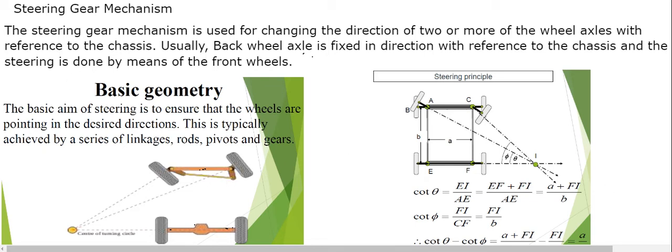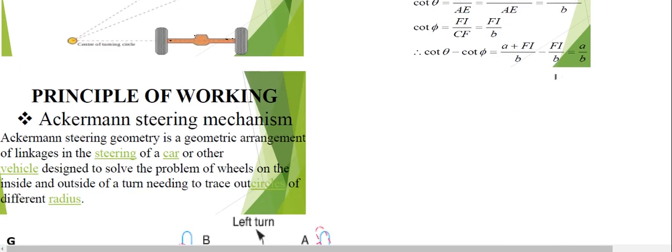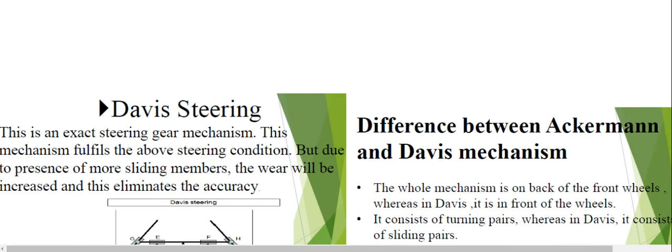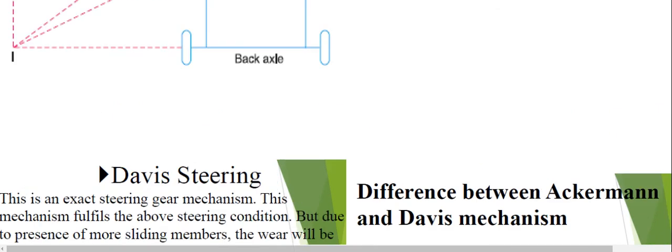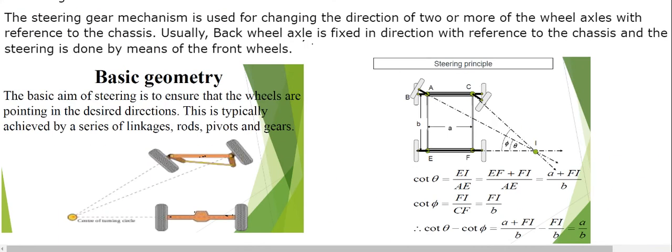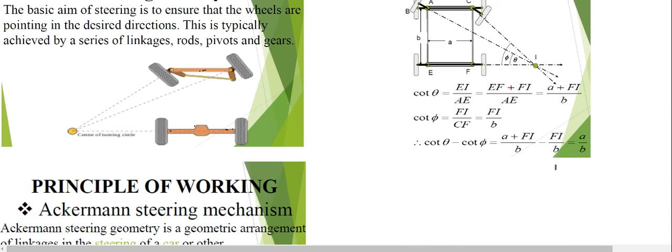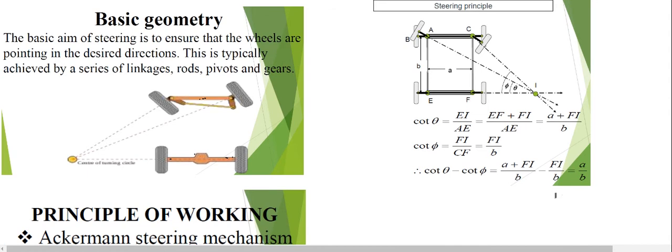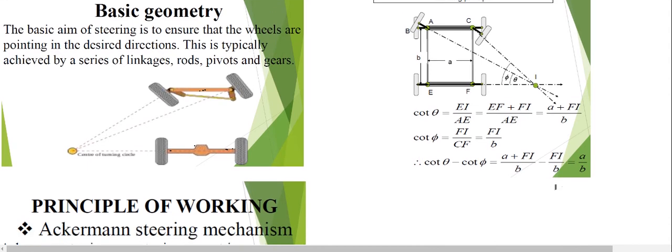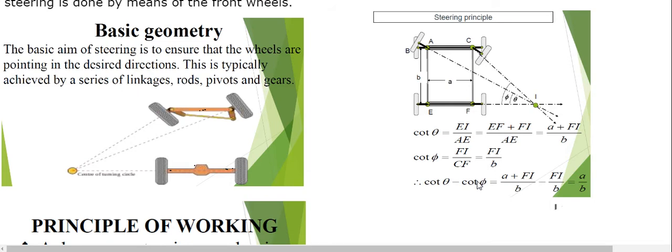So there are two types of steering mechanism, popularly called one is Ackermann steering and the other one is Davis steering. We will go into detail on Ackermann because that is the only one mentioned in your syllabus, whereas we will just briefly cover what is Davis steering gear. So to know the steering gear, let's see the basic geometry of a steering gear. The steering gear mechanism will have a gear mechanism associated with the front wheel. Only the front wheel or front axle is given steering. And there is something called steering principle, that is difference in angle of two wheels.